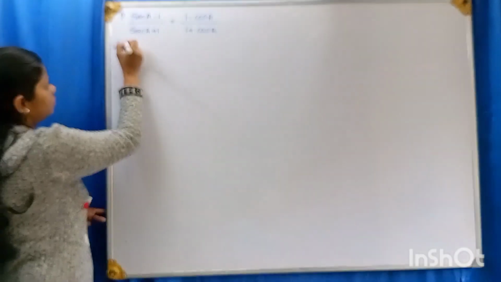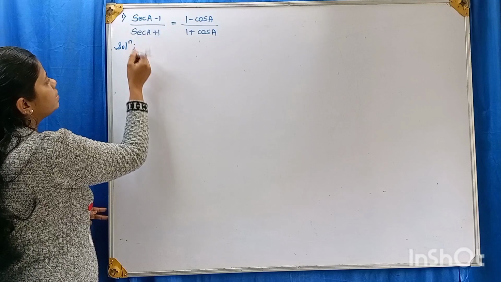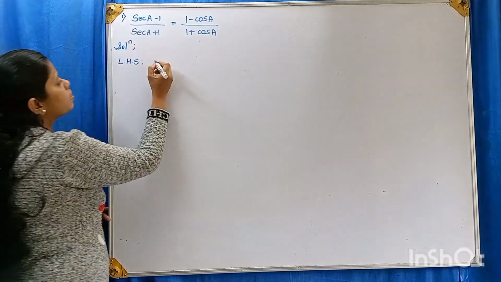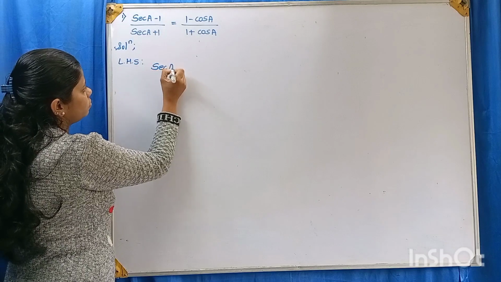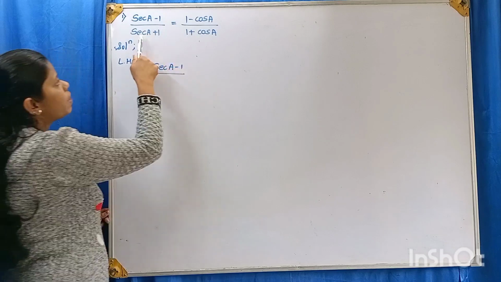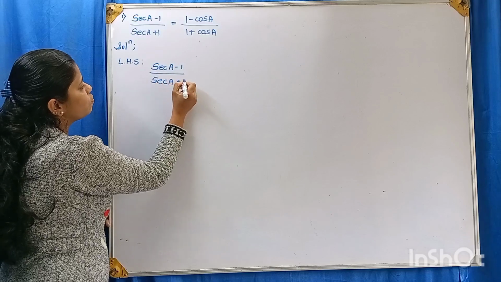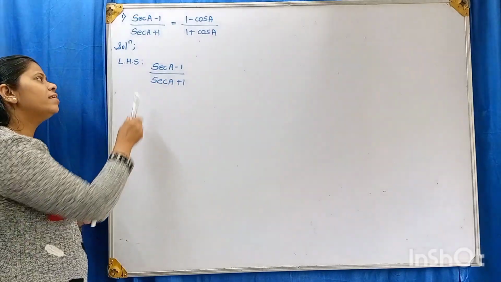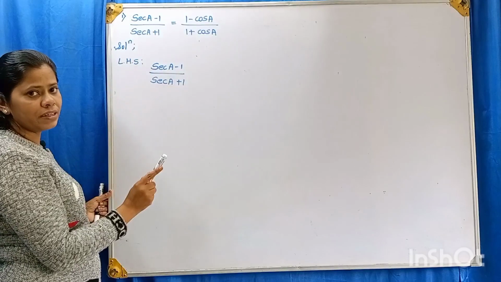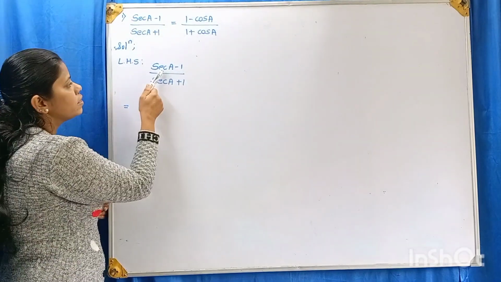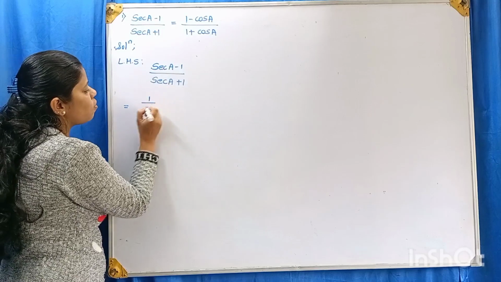Solution. LHS is (secant A minus 1) divided by (secant A plus 1). We know that secant A can be written as 1 by cos A, right? Therefore, secant A I will write it as 1 by cos A